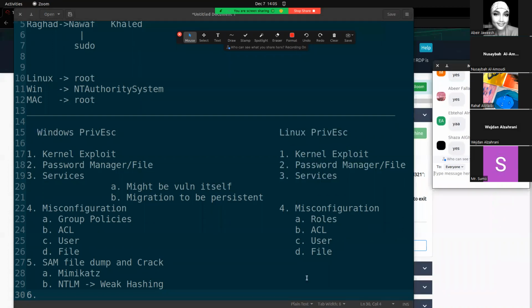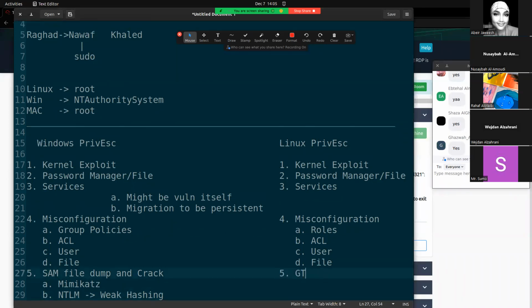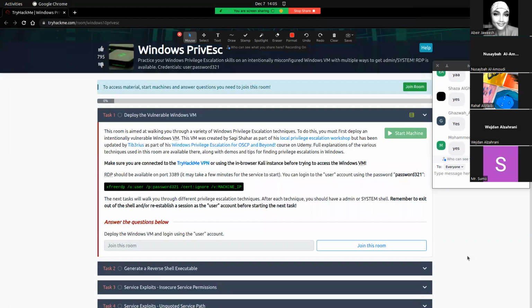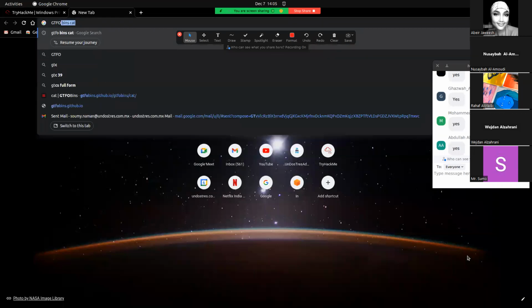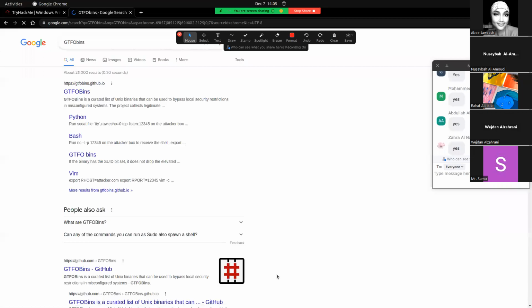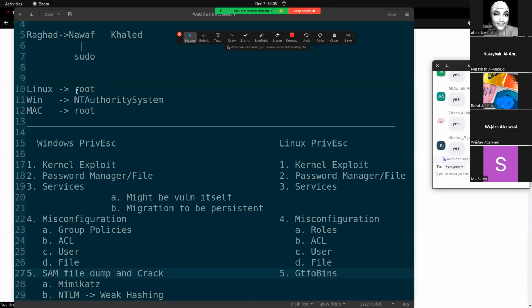Okay. Can anyone think of any other way to do privilege escalation? Tell me, Gazwa, if you can think of any. No one? That's sad. Now there is a resource available for this specifically, that is GTFOBins. Heard about it? Anyone heard about GTFOBins? Yes. What is it? GTFOBins is a website which gives you the easiest way to escalate your privilege if there is any